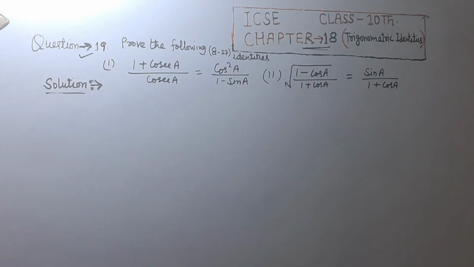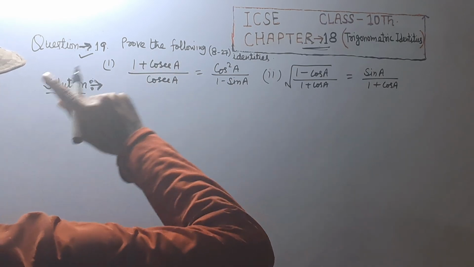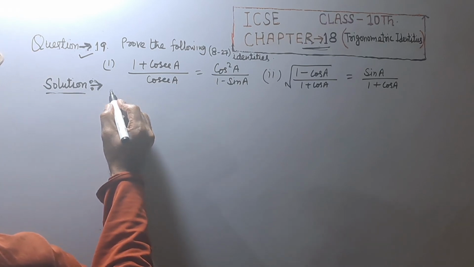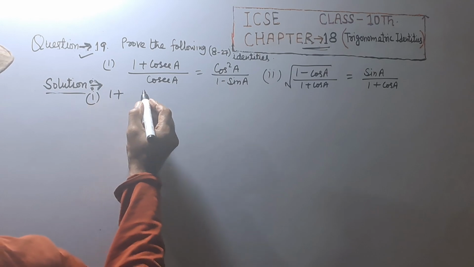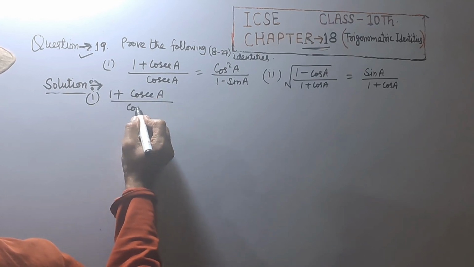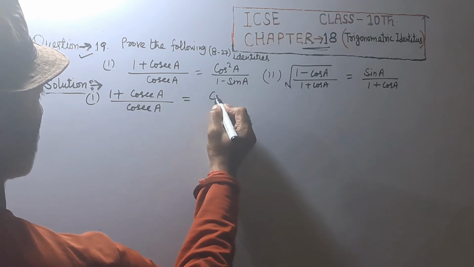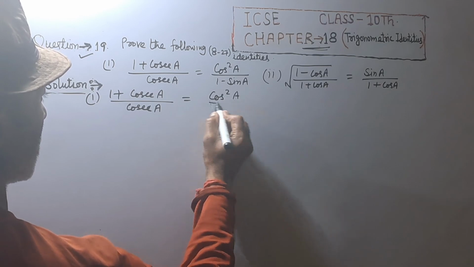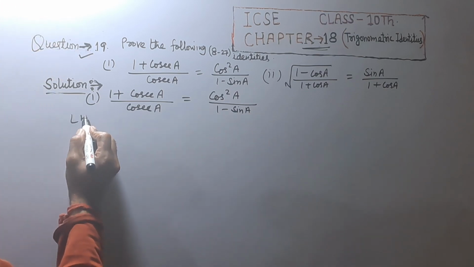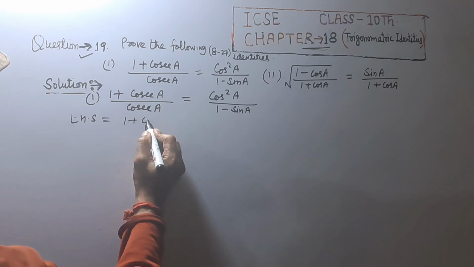Question number 19. Prove the following identities. 1 plus cosecant A upon cosecant A is equal to cos square A upon 1 minus sin A. Take the first part, 1 plus cosecant A upon cosecant A is equal to cos square A upon 1 minus sin A. First of all, we are taking the left hand side, that is 1 plus cosecant A